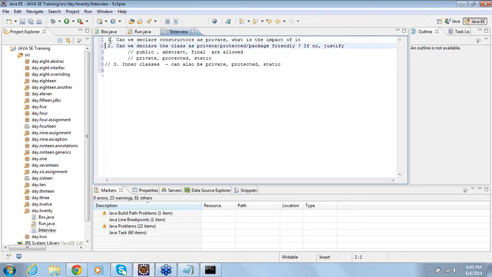So if you have a class something like this, public class Outer, then within this you can have an inner class as public, protected, nothing, or private.